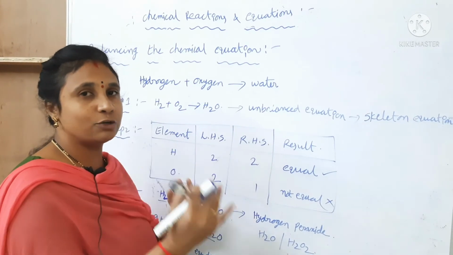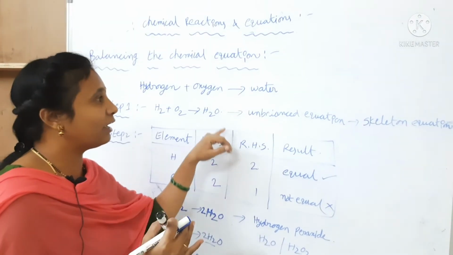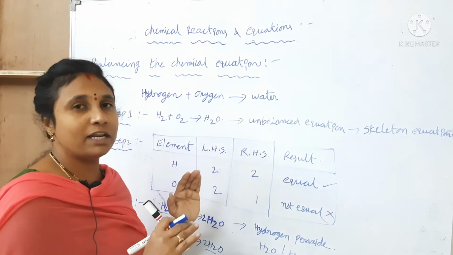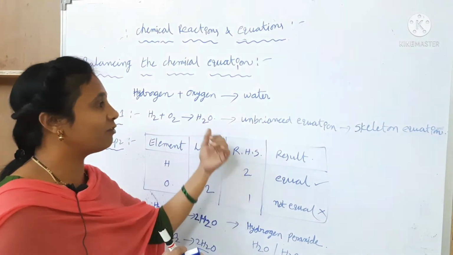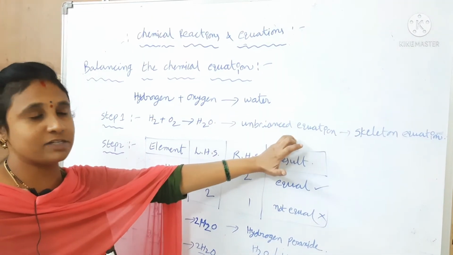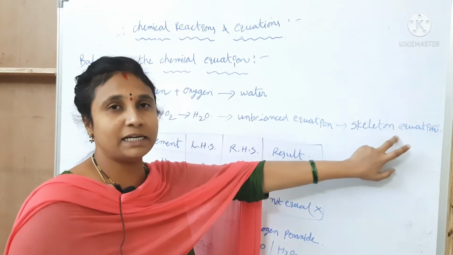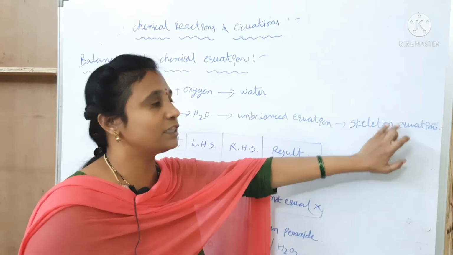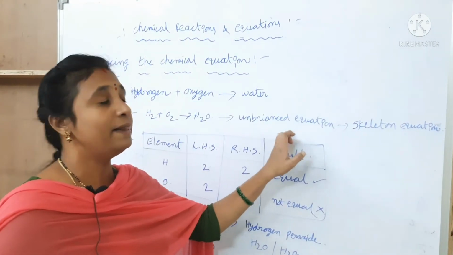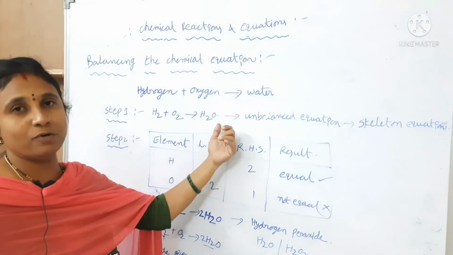If the elements on both sides are equal, then the given equation is balanced. If the given equation is not balanced, then that equation is called an unbalanced equation. That unbalanced equation is called the skeleton equation. What is the skeleton equation? The skeleton equation is nothing but the unbalanced equation which contains the compounds,